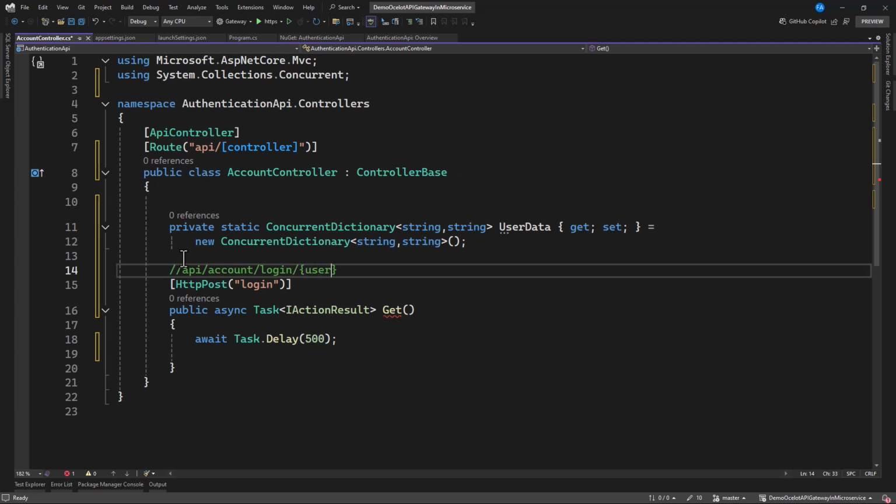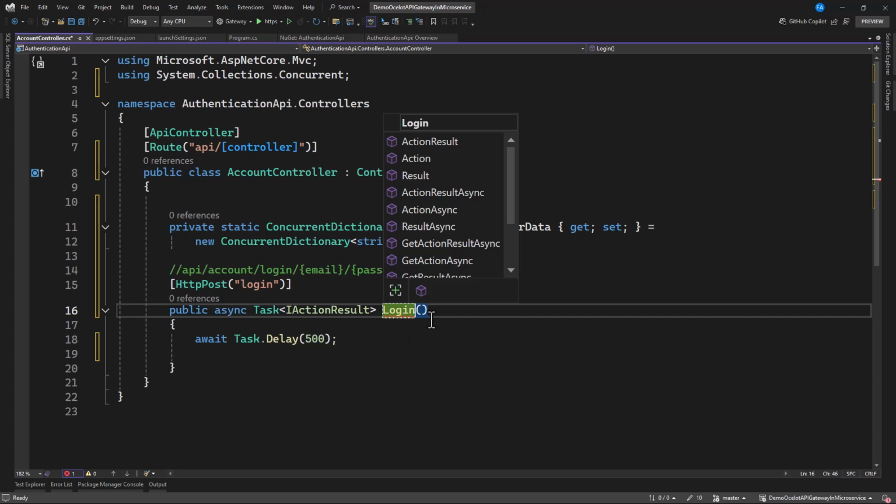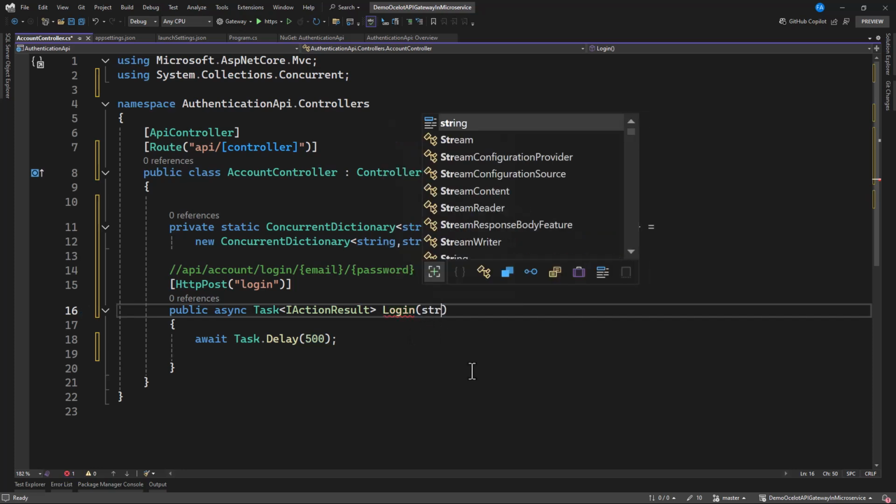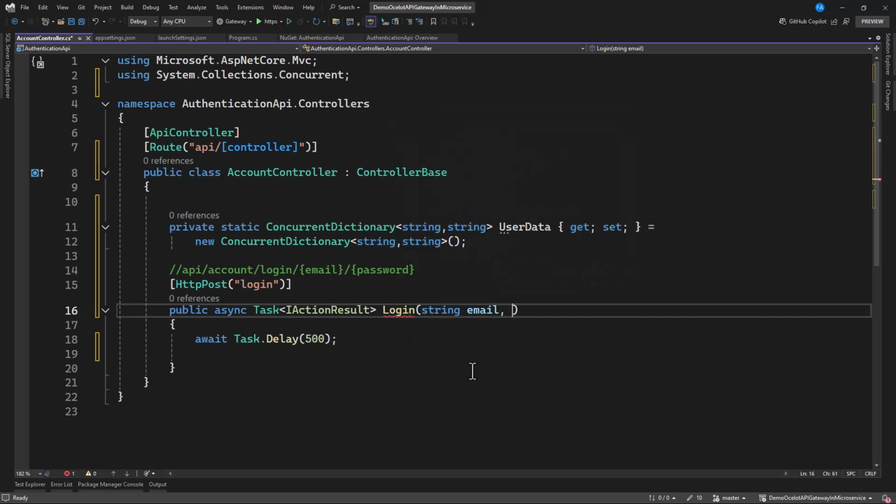So we need our username, or let's say email. Then we're going to have password. So this is what's going to be for the route here. Since it's going to be a post, let's specify our string email, and we have our string password.